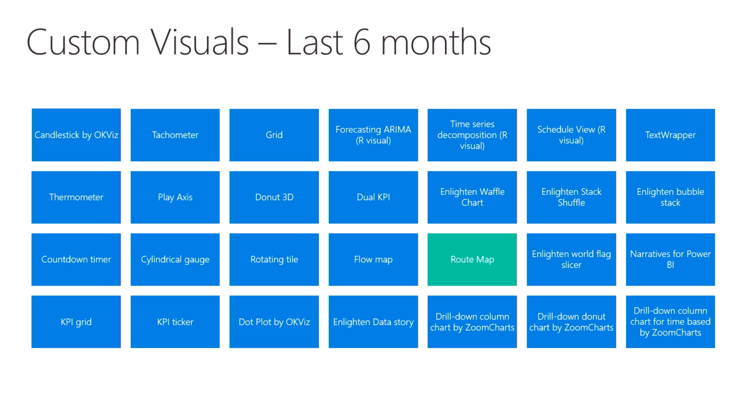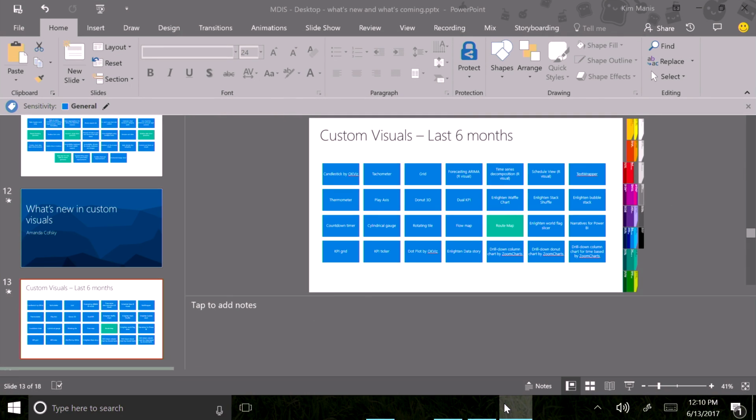Over the last 6 months, you can see the community has released a ton of new custom visuals. There's a big range of what they can do. There are new map types like flow and route maps. There are even things like text wrapping, and KPI grids. There's a whole range of ability, from some more fun, like one of the original ones we released, which was an aquarium visual of little fish floating around. So there are some that are more fun and creative, and then there are some that are very powerful in terms of the analytic capabilities. And recently, or what we will be doing very shortly, is that same custom